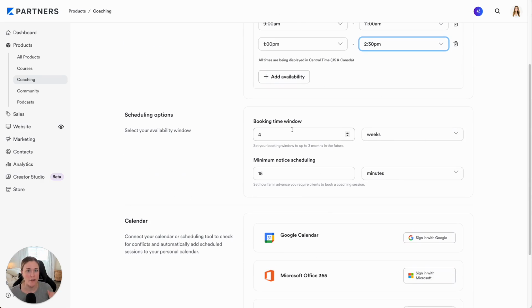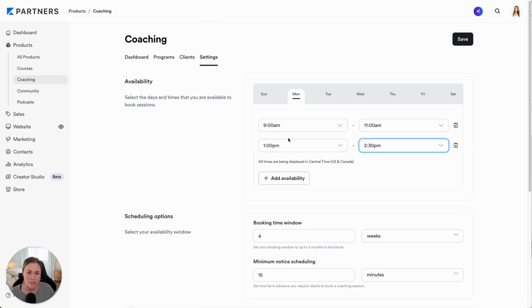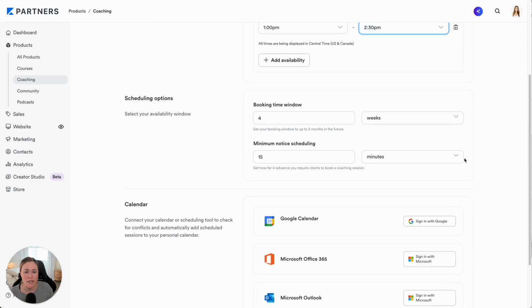You can set how far in advance, what's the minimum scheduling notice, and then you can integrate it with your calendar. So just like you're used to in Calendly, you can have it add the events to a certain calendar, but also have it read multiple calendars for conflicts. So you can still absolutely get all of those benefits just by using Kajabi's scheduler. Now, if we go back,